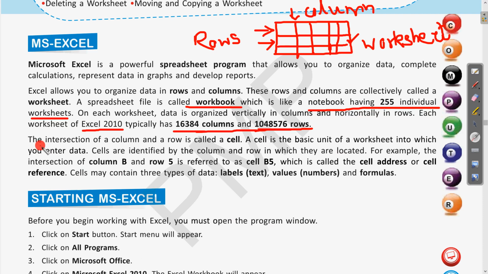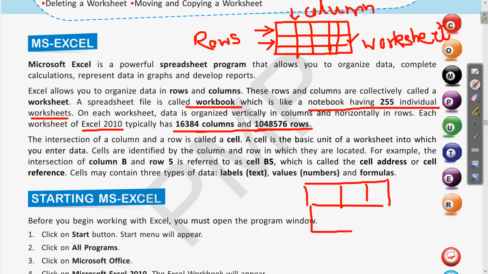Next, the intersection of a column and a row is called a cell. A cell is the basic unit of a worksheet into which you enter the data. So when we make these rows and columns, a single box, a single intersection of a row and column, will be called a cell.